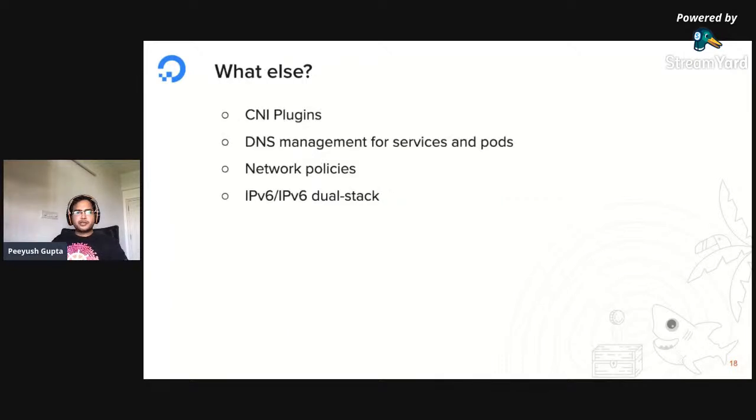Okay, that was what I had, but this is in no way an exhaustive way of how Kubernetes communication works. There are tons of other complexities there. You have got your CNI plugins, right? As I mentioned, about communication, Kubernetes has outsourced it and created a networking interface, and everybody has created their own implementation, right?